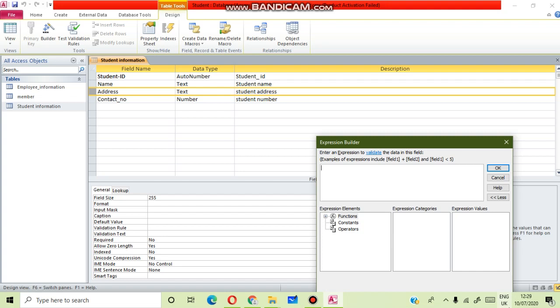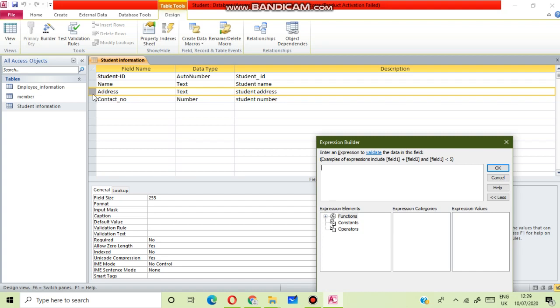You can apply a validation rule to a field or to a record. First, what will you do? Click on the field where you want to create the validation rule. So, I have already selected this field. Here you can see the selection area.